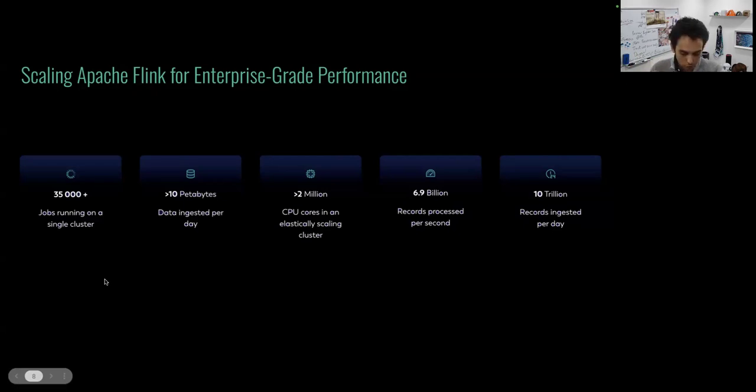These numbers are possible due to a lot of hard work. It's taking that 10 years of open source innovation and providing a bit of a cloud native revolution on top, which we'll talk a bit more about later. And combining that with StreamNative gives you this special power to scale to meet any need.